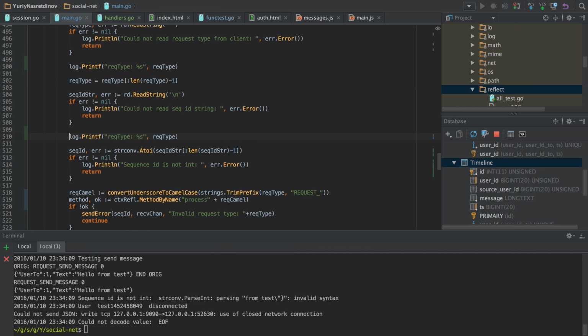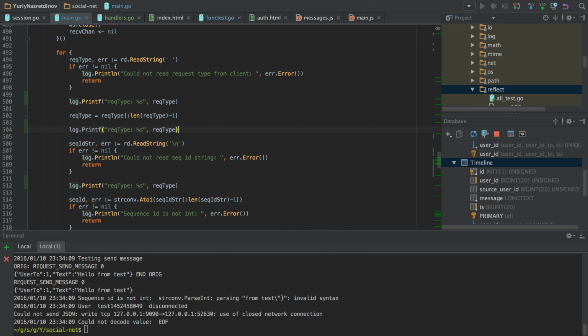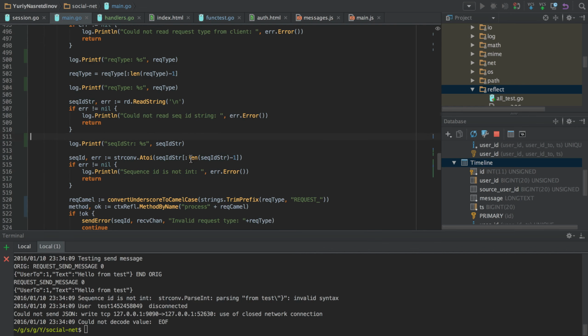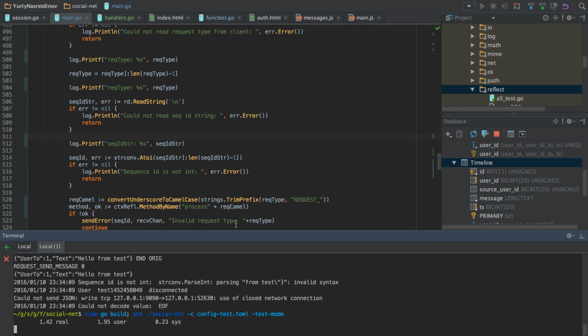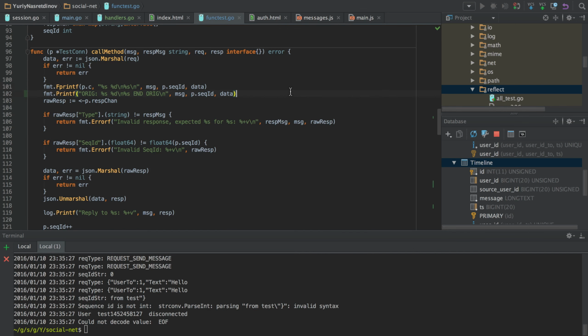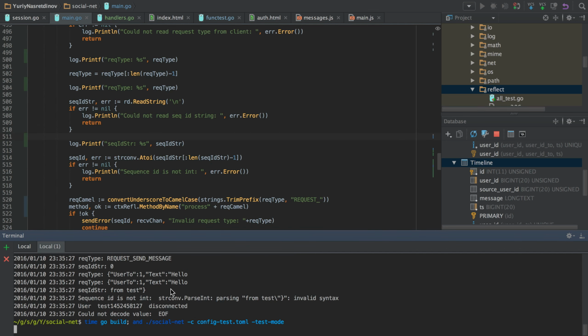The request type would be request send message. The request ID string would be this, 0. It should be 0. And yeah, I trim the request type, so I print it in every value.